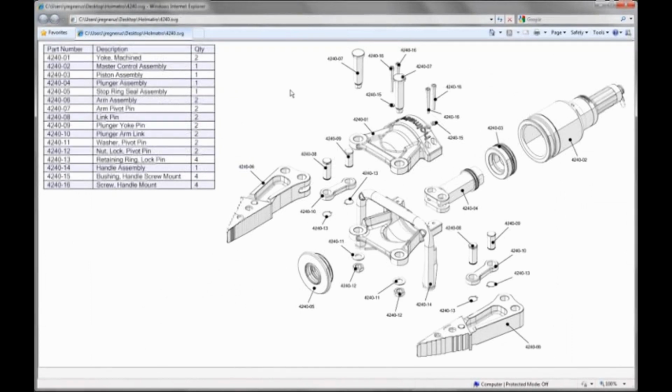If you're creating paper documentation, online experiences, or simply wish to further your organization's technical communication capabilities, 3D via Composer is the